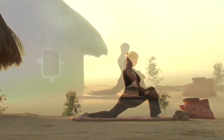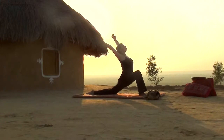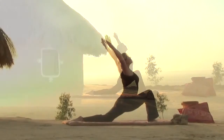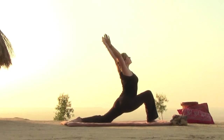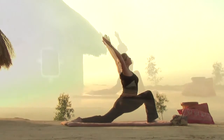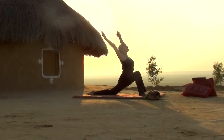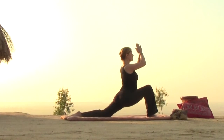And if you know your back is healthy, inhale and reach your arms way up towards the sky. Chest is up. You can even relax your head back if you want to, or just simply look towards the sky. And take in nice deep breaths as you energize your body. As with all of our postures, you can let go anytime you need to, or just take it back a step. When you're finished here, let's very slowly, first bringing the arms down in front of the heart,